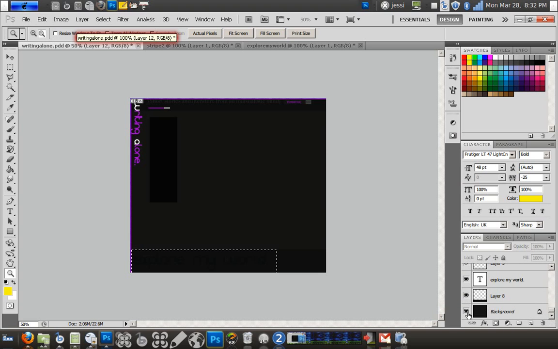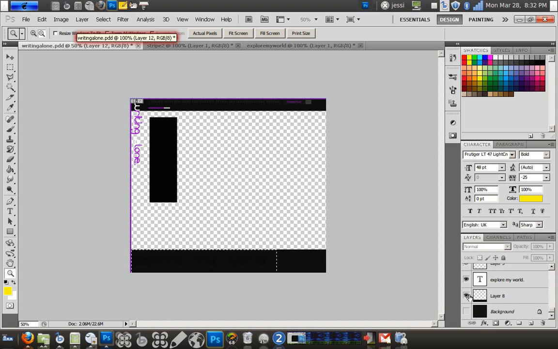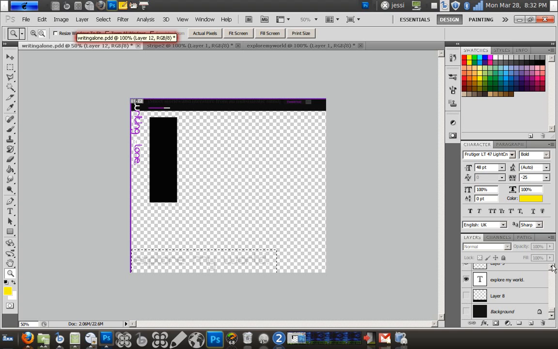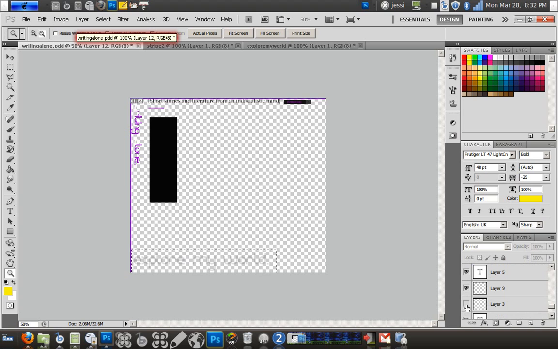And we're going to turn off the background, turn off the footer. We're going to turn off this back banner. Where's the back banner? There we go. Turn off the back banner